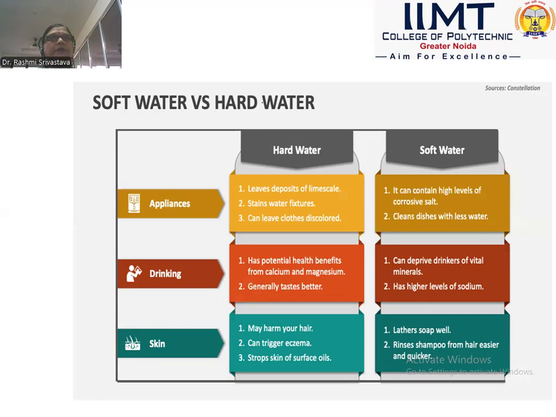As we compare on the basis of appliances, soft water is much more beneficial or useful for the cleaning of appliances because it does not deposit a thin film on the outer or inner surfaces of the appliances. If we go on the basis of drinking, which one is better, then we can say the